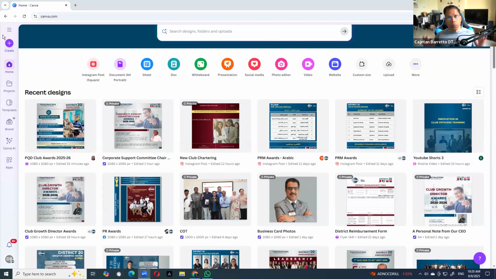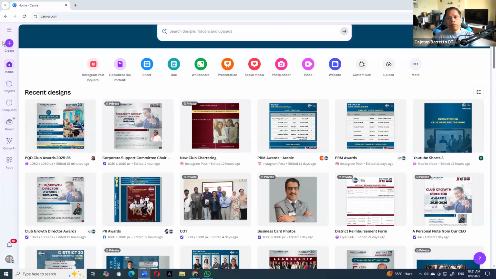So pick a very specific objective. Let's say we are going to create one poster that is brand compliant, and then decide whether you'll create it from scratch or use a template, and then just do that part. You will talk about, first of all, colors, elements of Canva, then the logo, how you'll get the logo inside, how you'll get the pictures inside, and then show them how to download that poster. Focus only on that, because there are so many things in Canva, you won't be able to cover it within the allotted time. So for the sake of this demonstration, let us create a poster from scratch.